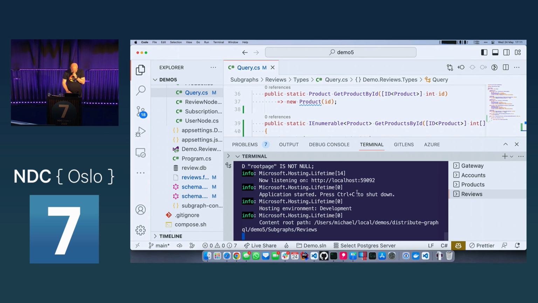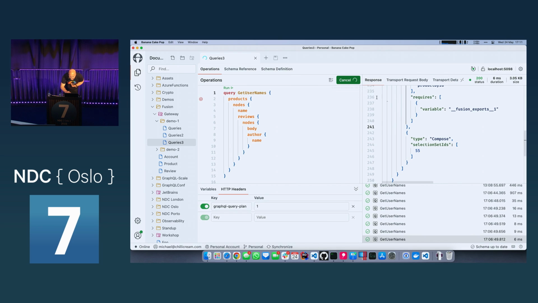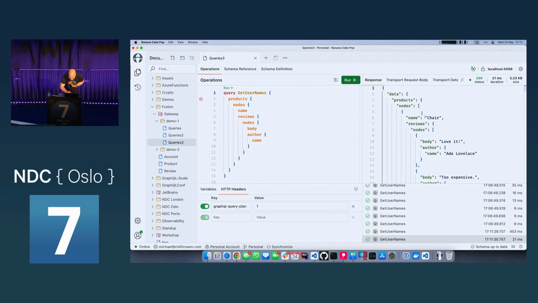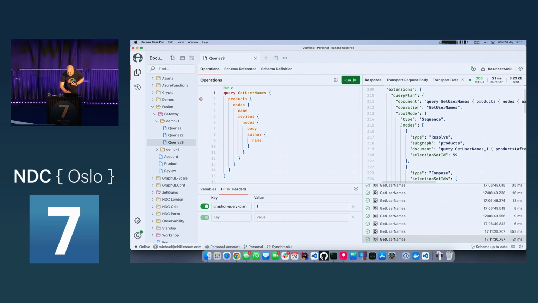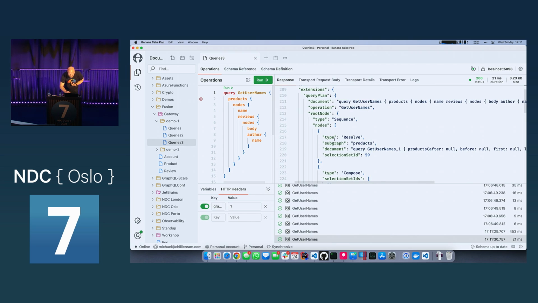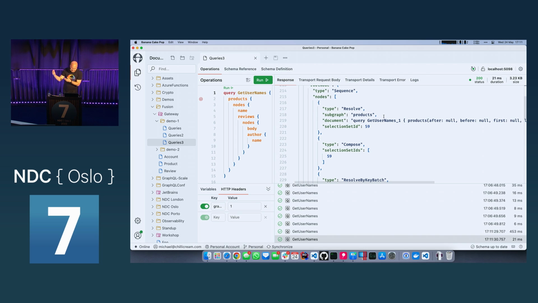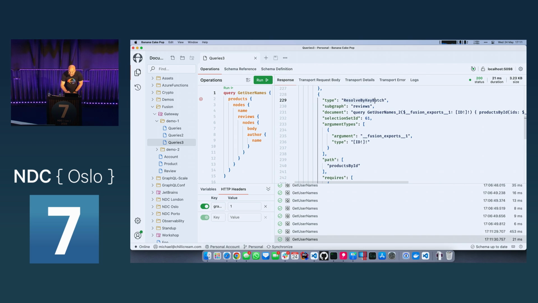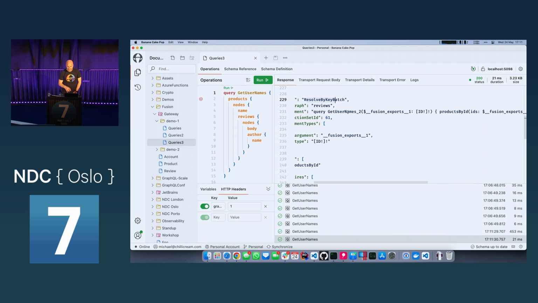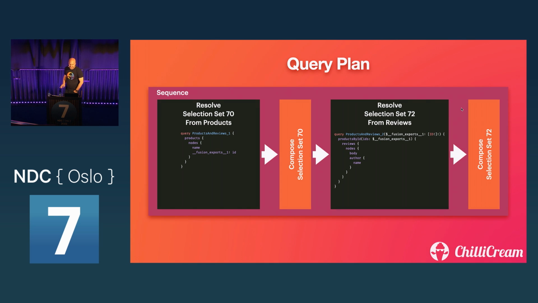Okay, this comes up. We do the same request again. Go here. We rerun that. And let me just collapse the data. You can see now our review subgraph here has a query plan where we resolve first, like before, the products. But now we have a resolver key, by key batch, where we collect all the IDs of the first request and then batch them in one go to our new method that we produced here, the products by ID. Structurally, now we have two requests